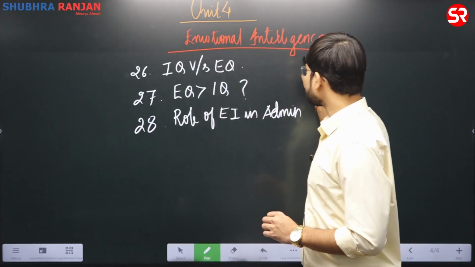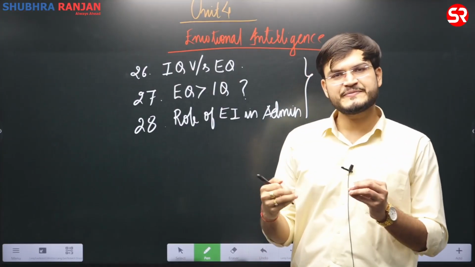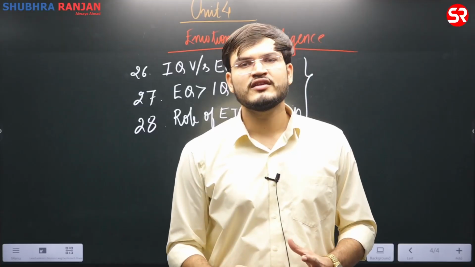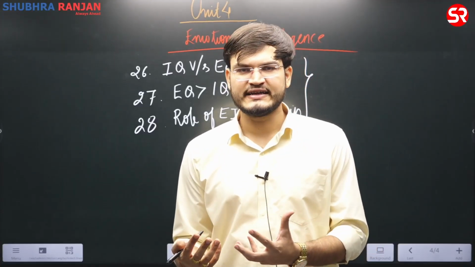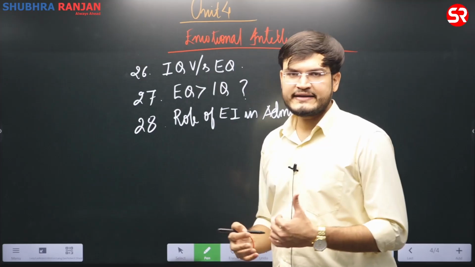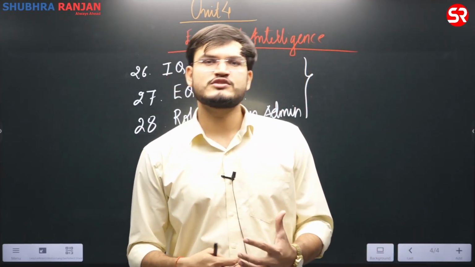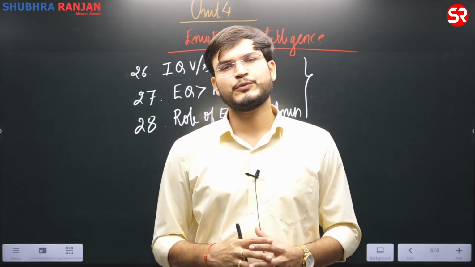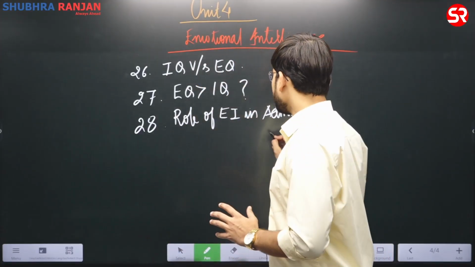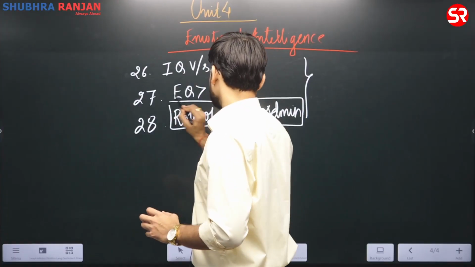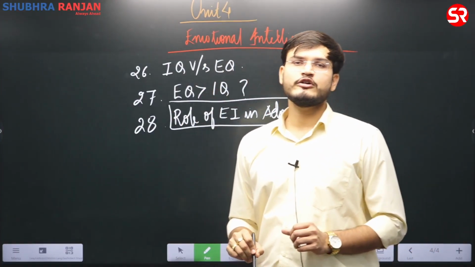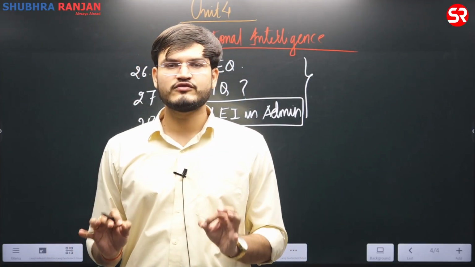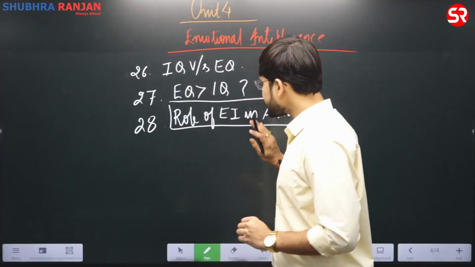Remember friend, any question on emotional intelligence, you will always start with Daniel Goleman. Although you have seen that the Salovey model is also there, the one who popularized that idea is Daniel Goleman. Take the help of his book Emotional Intelligence, or What Makes a Leader. He has talked about this concept of emotional intelligence and its role in administration. He also says that 80% of adult success comes from EQ and less than 20% of that success comes from IQ. So that aspect can be asked.